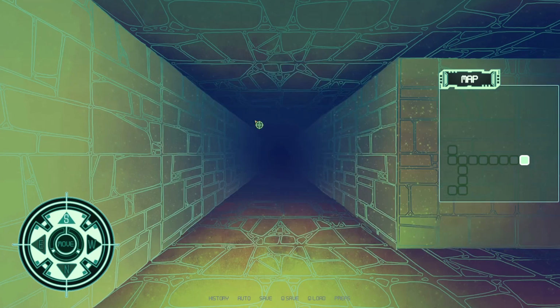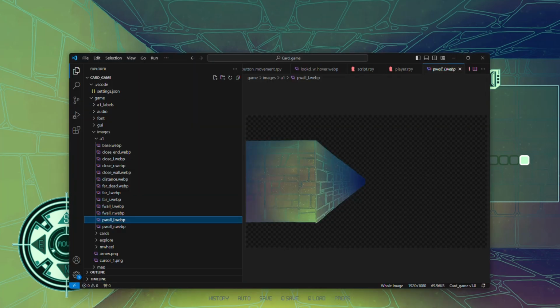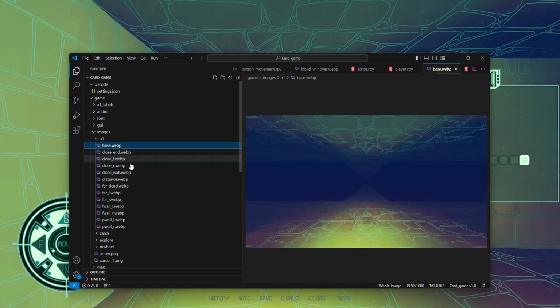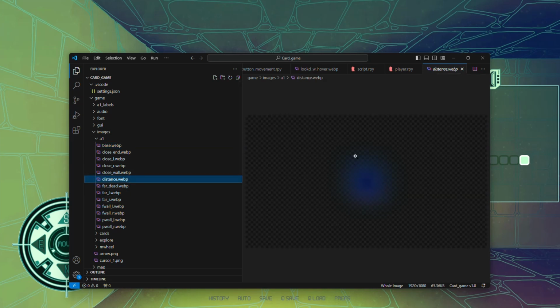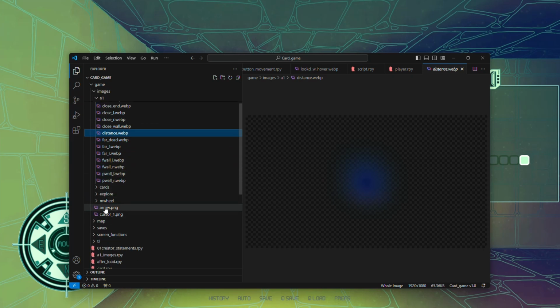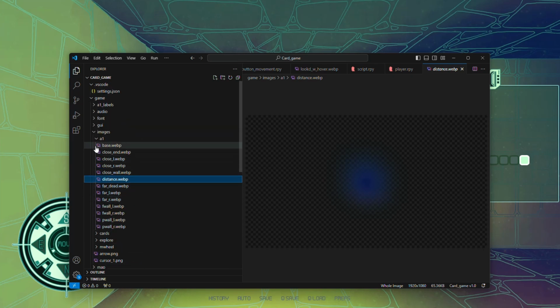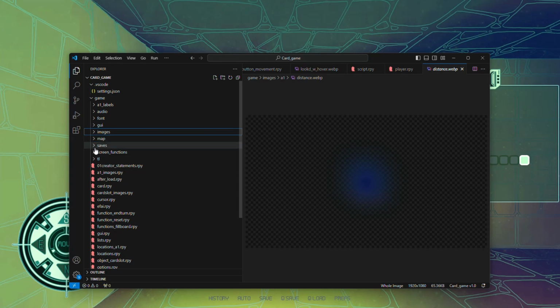Here you can see there's a full wall and a partial wall, and we have the little distance screen here. The ceiling and the floor will always be consistently part of the scene, so that's why I've got that labeled as the base. And you can see the little distance thing here is overlaying on top of that. So rather than having to build each one of these views in each one of these rooms, I have them set up as composite images,